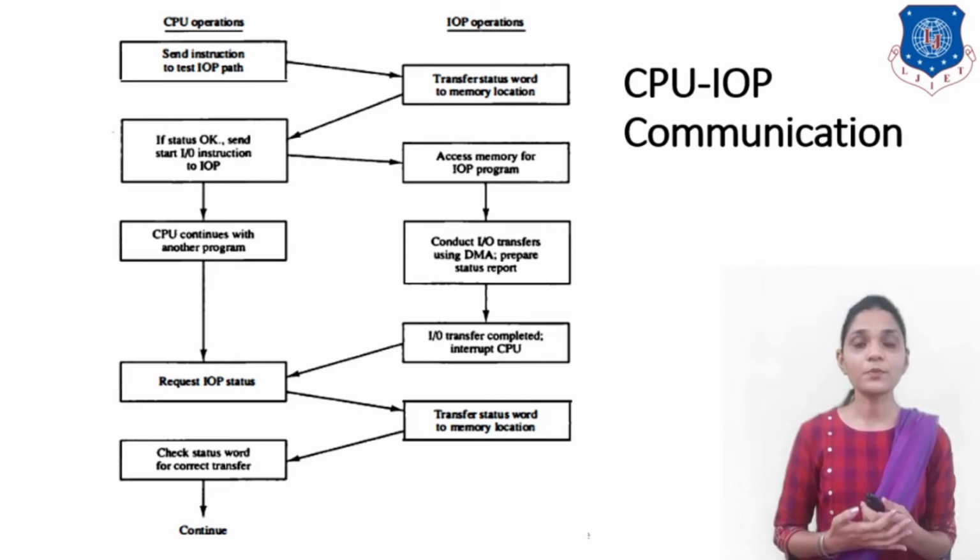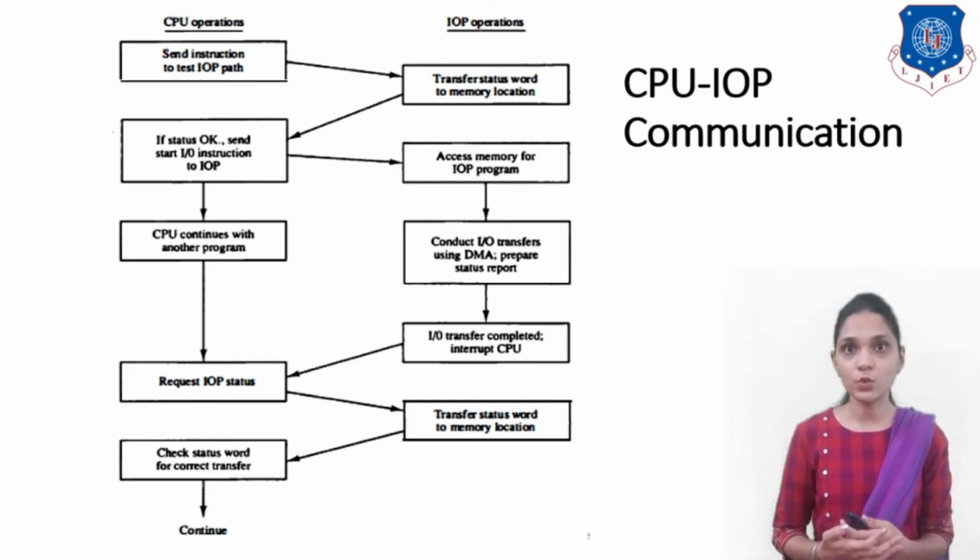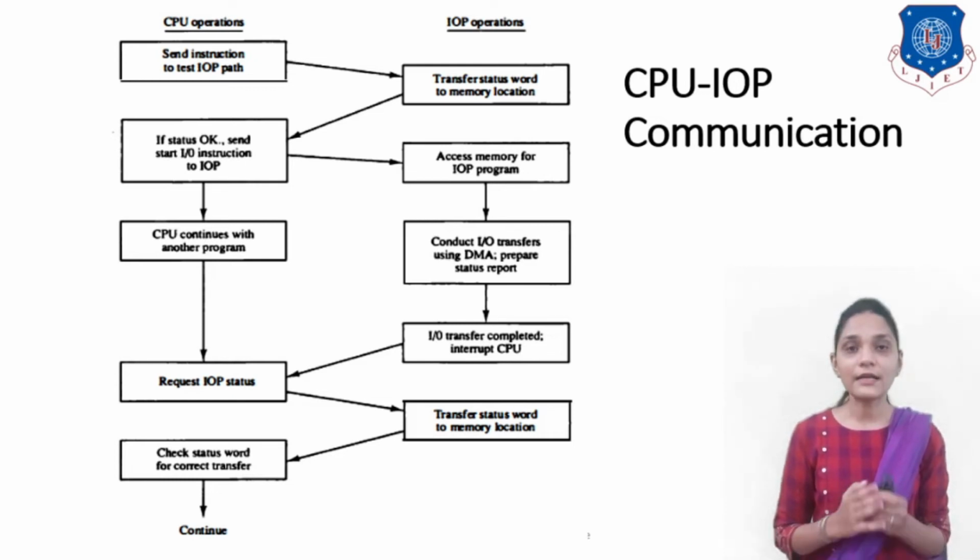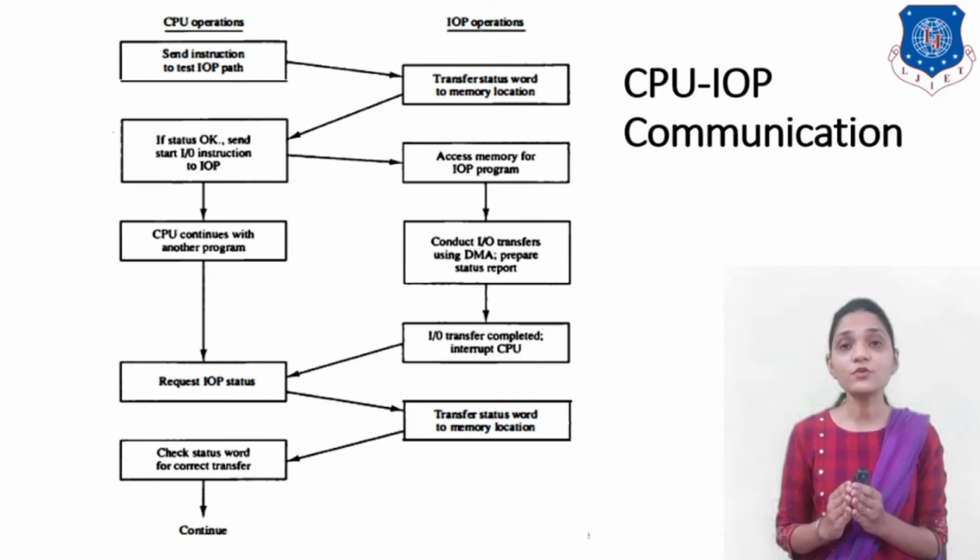Then the IOP processor transfers the status word to the memory location. If this status word is OK, then the CPU sends the start IO instruction to the IOP processor. Then the IOP processor accesses the memory for the IOP program. From now onwards, the IOP will process the IO data and the CPU will process its own task,